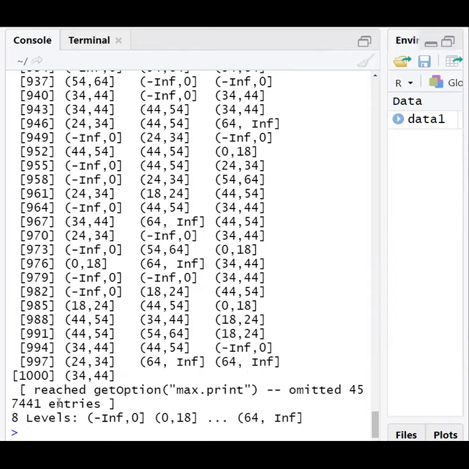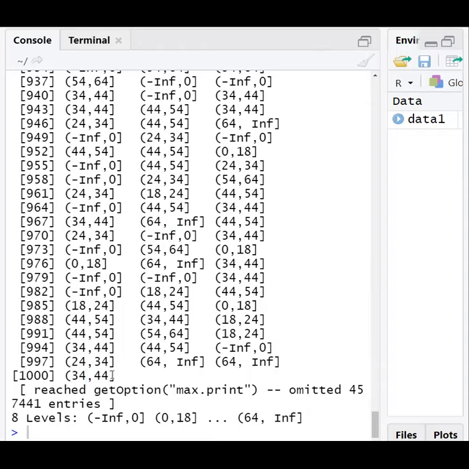For each age, it has given which category it belongs to. So 34, 44, 44, 54. If you observe, the brackets are different. Here it is a parenthesis, whereas on the other side is a square bracket. The parenthesis means 34 is not included, so it starts with 35.